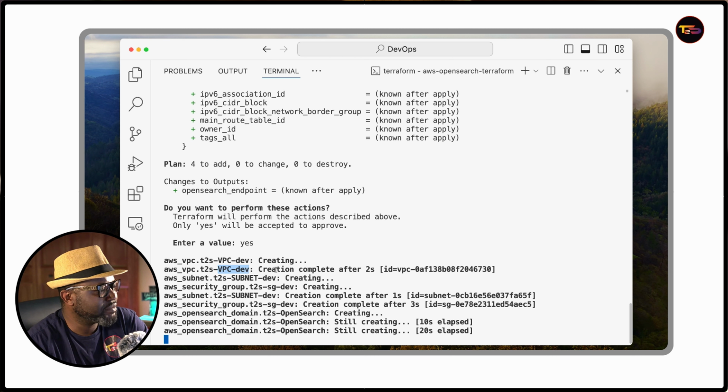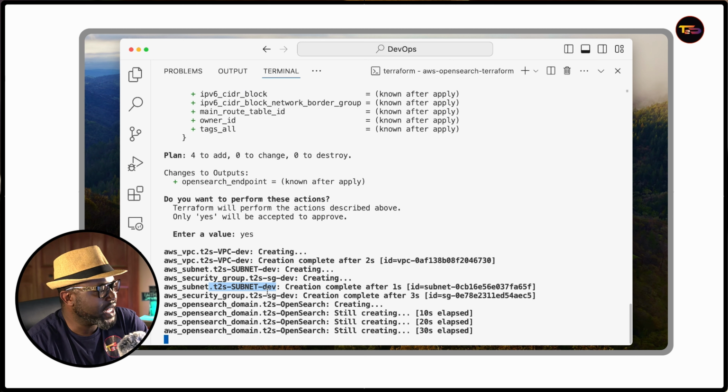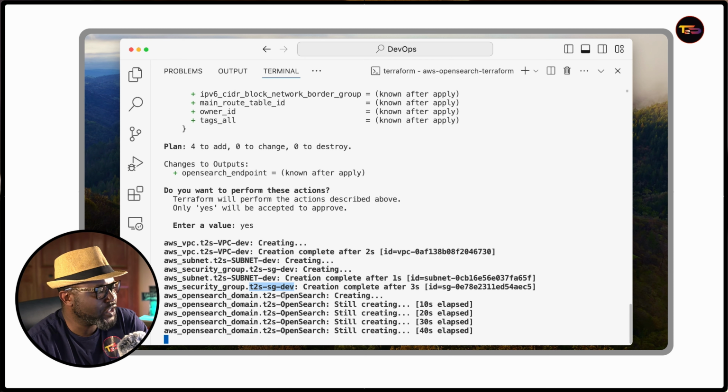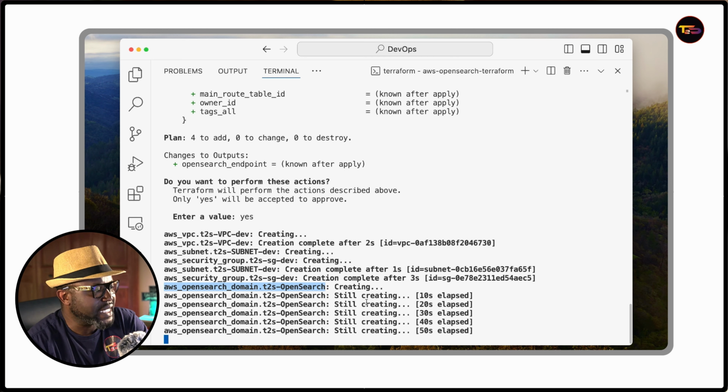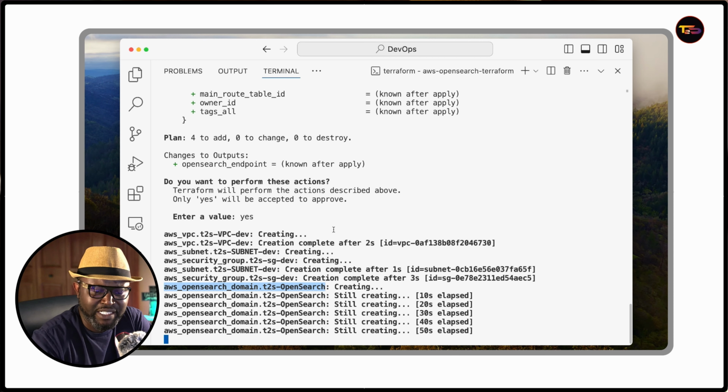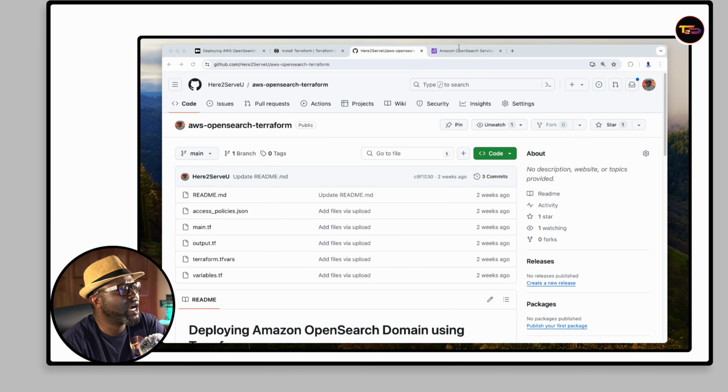So the VPC has been created. The subnet has been created. The security group, which will be attached to our resource here, to the OpenSearch resource, is also created. Now we're just waiting on this one to be completely created, the domain. So we're waiting on the domain, and while we do that, let's go to our console here,